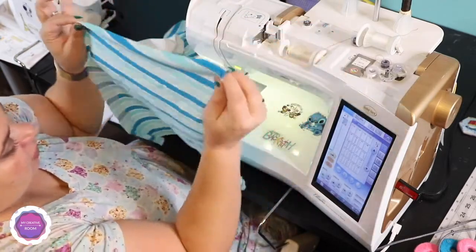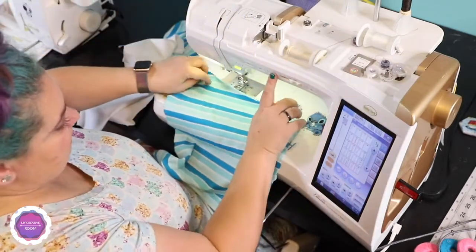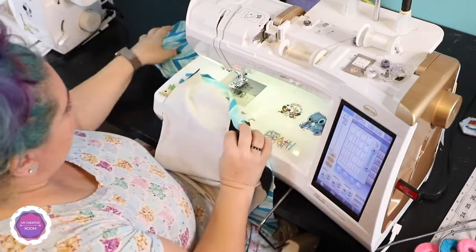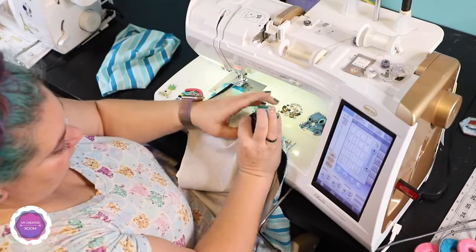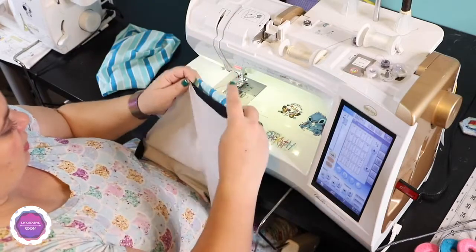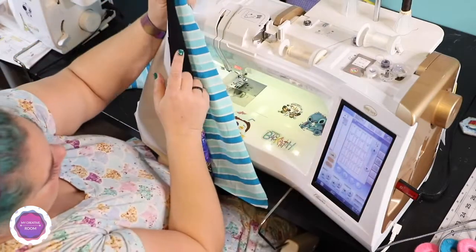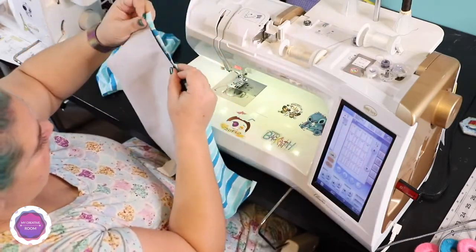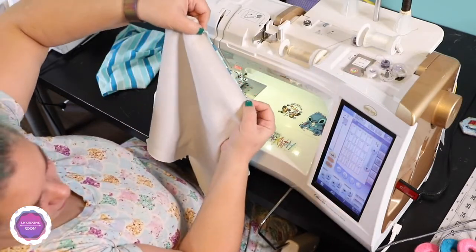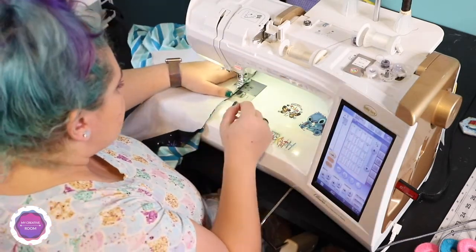So I will place right now the lining piece right sides together with the main piece, like so. So you'll have 2 lining pieces that are cut mirror image from yesterday, and then 1 main piece. So I'm placing it right sides together, and I'm going to stitch in between my markings. These are my notches for my pockets. So in between those 2 with a 3/8 of an inch seam allowance,